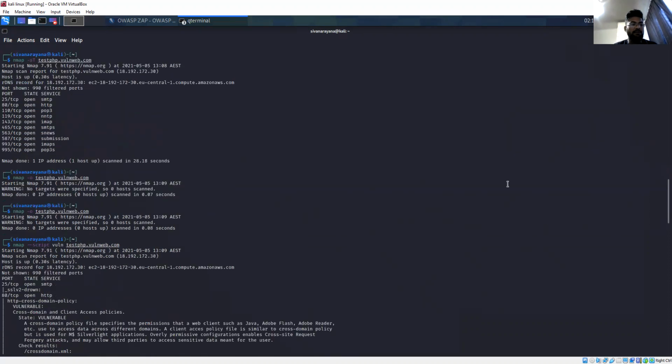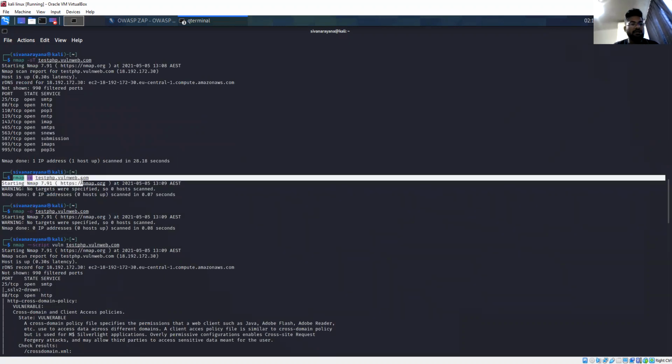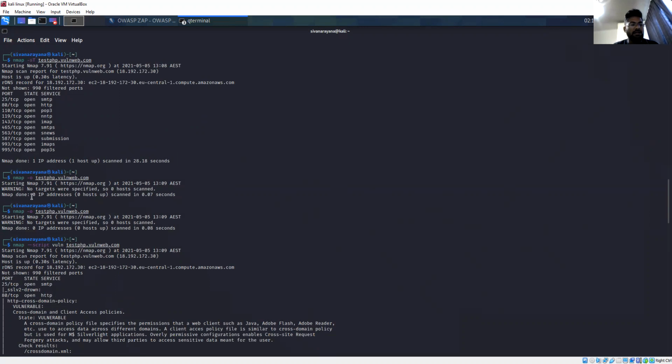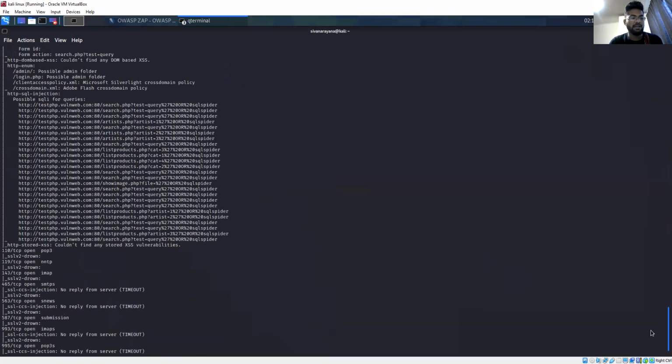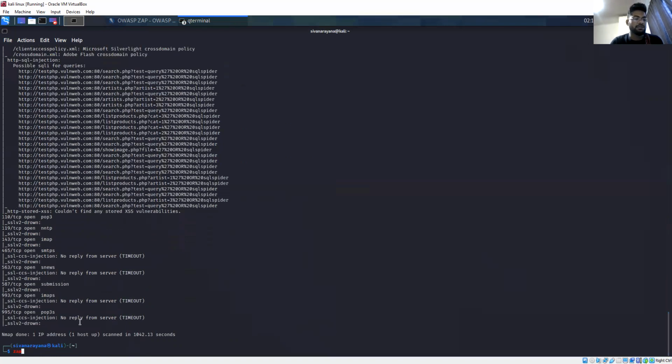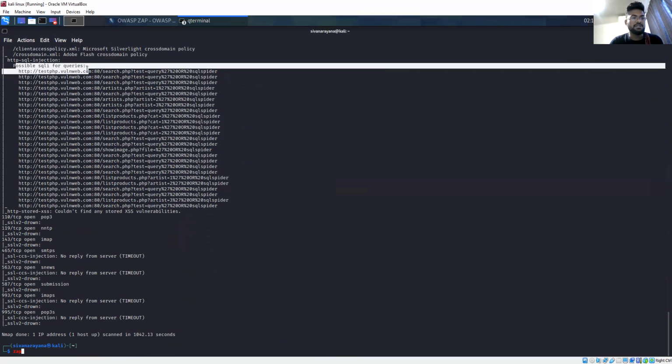Later on, I'm going to run nmap on this website, and there are no IP addresses found and no hosts found here. Later on, I'm going to give the vulnerability script with the website testing, so that I can get all these possible HTTP sequences for the queries.